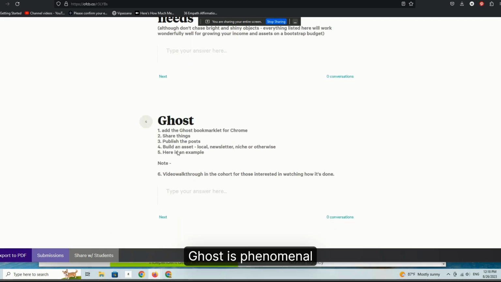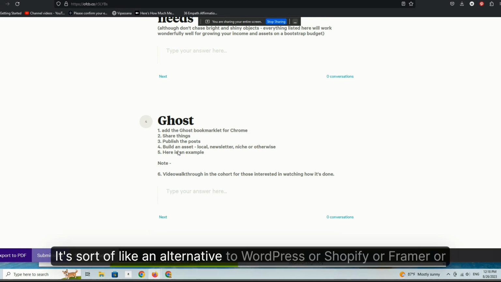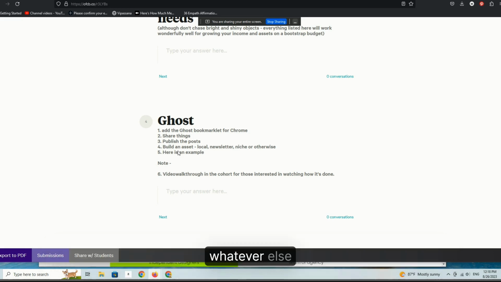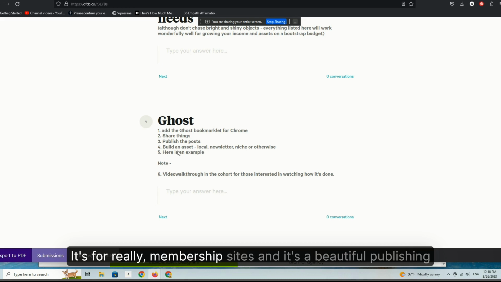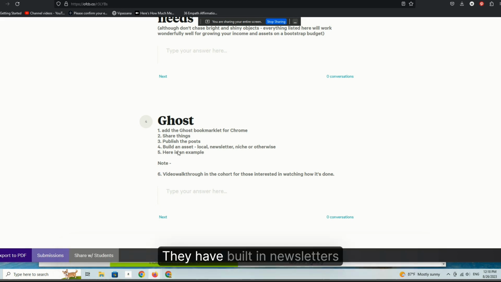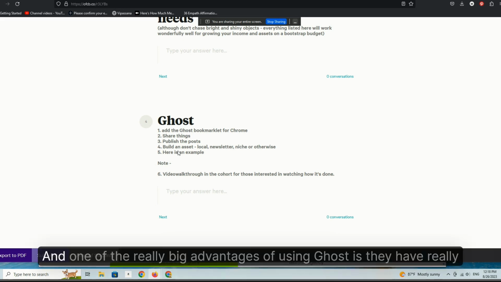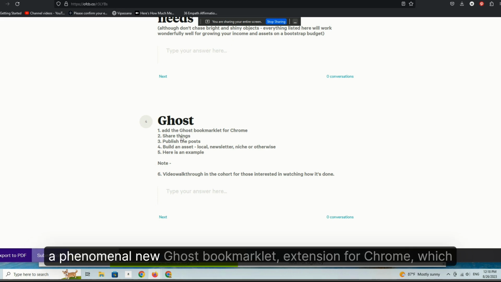Ghost is phenomenal. Ghost is a publishing platform. It's sort of like an alternative to WordPress or Shopify or Framer or whatever else, but much more than that. It's really for membership sites, and it's a beautiful publishing experience. They have built-in newsletters, and one of the really big advantages of using Ghost is they have a phenomenal new Ghost